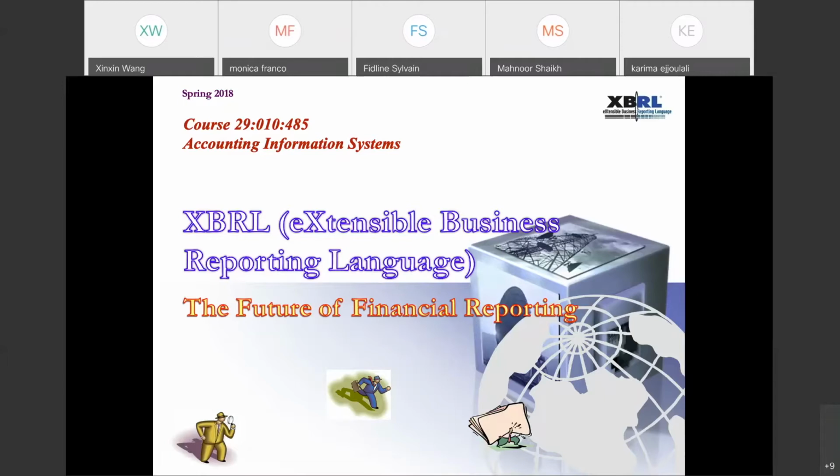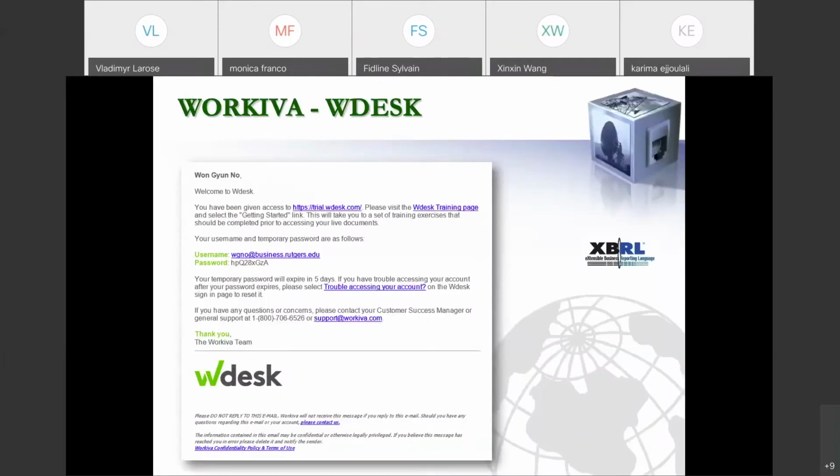10-Q filing. So this is a very useful part of the AIS, and a lot of researchers are working on making this XBRL more commonly used than it currently is. So it's called the future of financial reporting. So basically, this is what